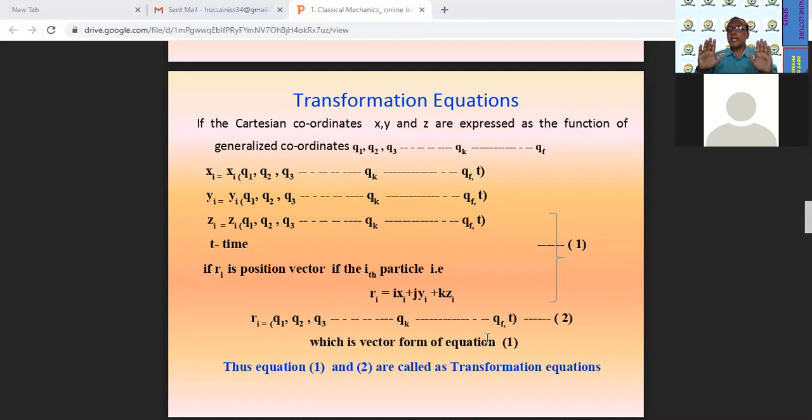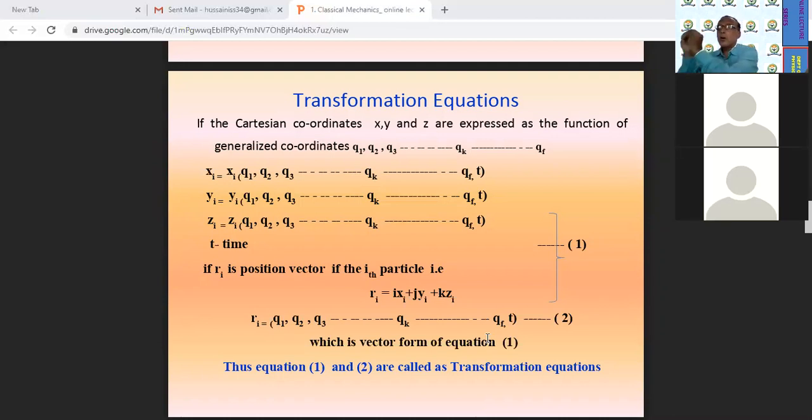Generalized coordinate कुछ नहीं है बल्कि कार्टेशियन कोऑर्डिनेट से हटके कोई और कोऑर्डिनेट जो पार्टिकल की पोजीशन को स्पेसिफाई करने के वास्ते इस्तेमाल होते हो, that are called as the generalized coordinates. Cartesian coordinates are denoted by x, y, z and so on, but the generalized coordinates are denoted by q1, q2, q3 and so on. This is the definition of the generalized coordinates. Now, transformation equation. Transformation equation is also very simple.